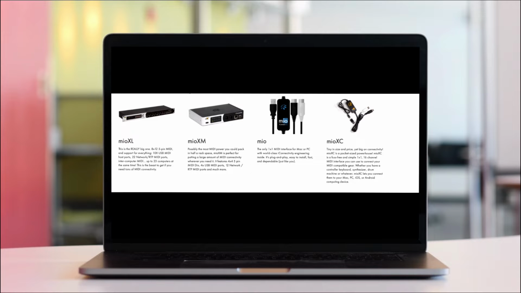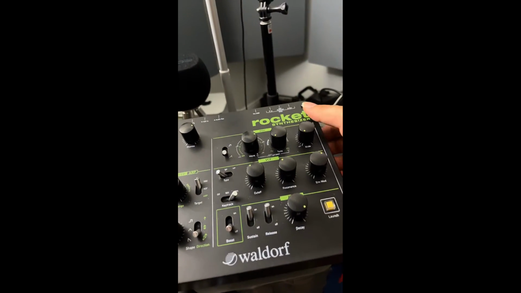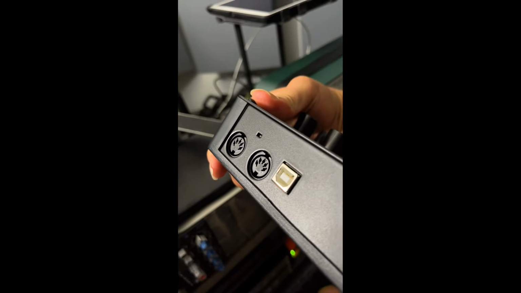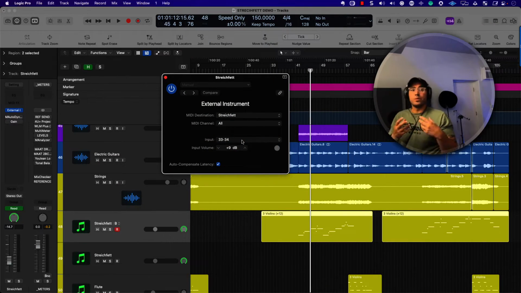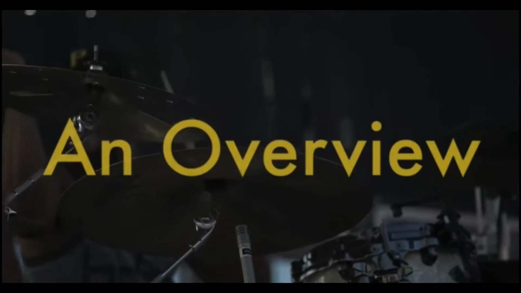MIDI interfaces come in different varieties. At the most basic level, you can connect a desktop synth such as this. It usually has ports that look something like that. This will allow you to connect an external instrument to create a communication path with the synth and the DAW of your choice. With this in place, you can send MIDI messages to and from the synth to the DAW, triggering its sound source. Now, at the most complex level, you can have an entire band hooked up to multiple